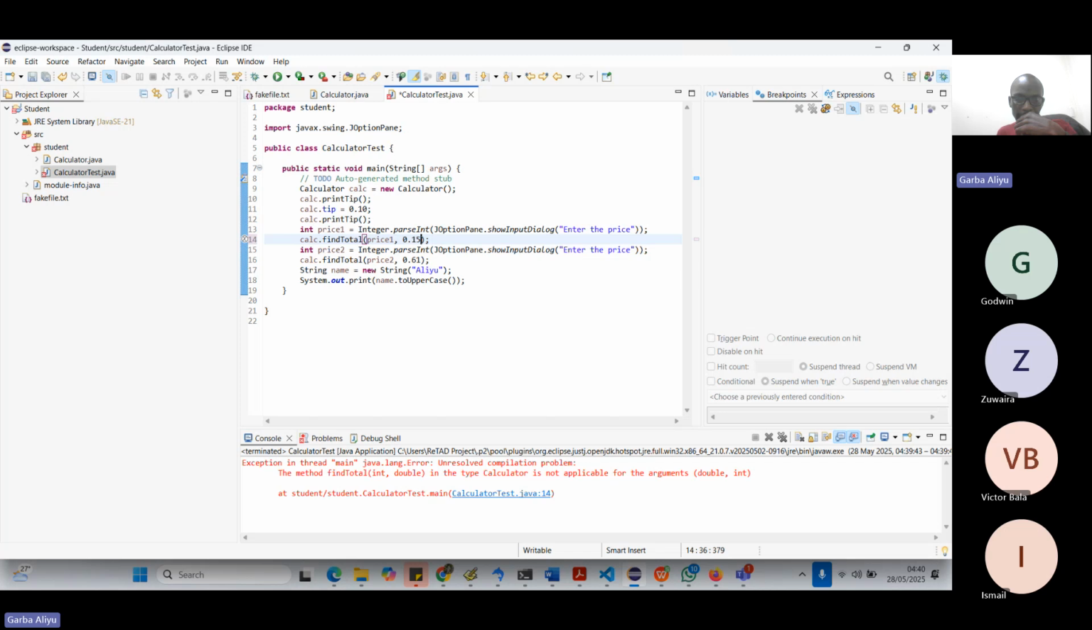Okay, so now suppose I now do this. Is it possible? Passing an int where there is an int, double. Is it possible? Yes. Why? Yes, sir. Why? Because